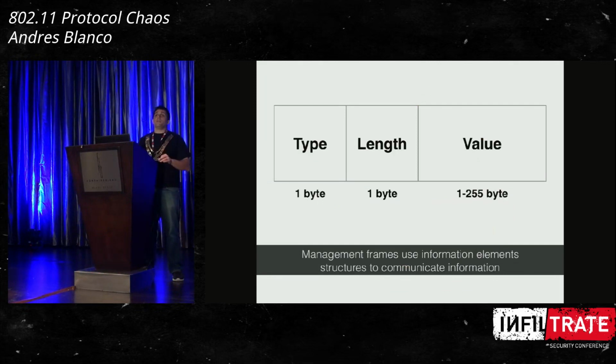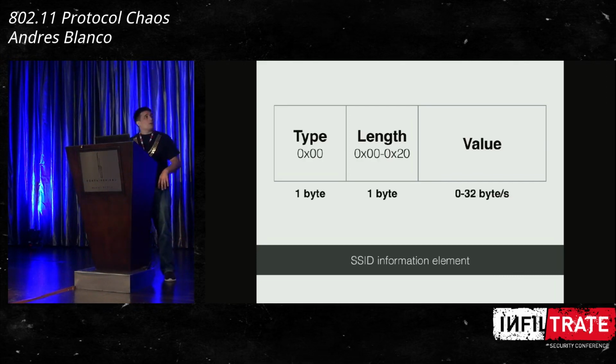Another key concept of the presentation is the management frame structure called the information element. The information element is a structure used on all management frames, and it is present in beacon and probe request frames. Everything in management has this type of structure. It's a really simple type length value structure, so it's really easy to understand. For example, we can see the SSID information element. Every time you are scanning for a network with your Wi-Fi mobile device or anything, you see that the name of the network is present in this information element. It's a really easy structure, nothing weird.